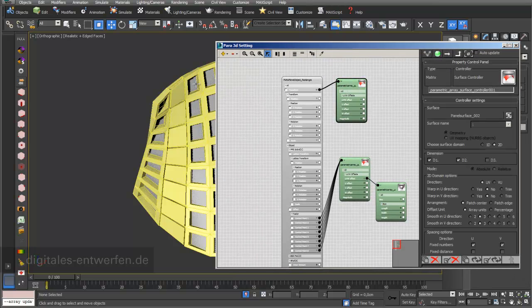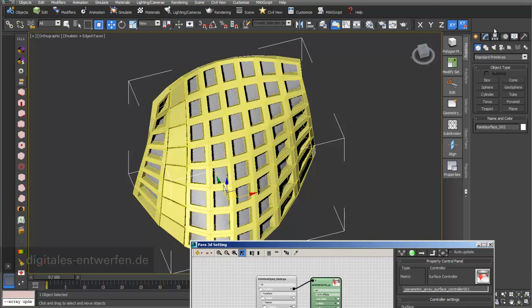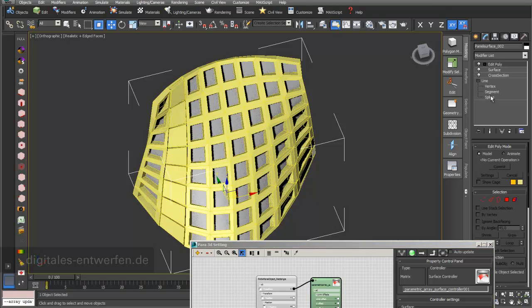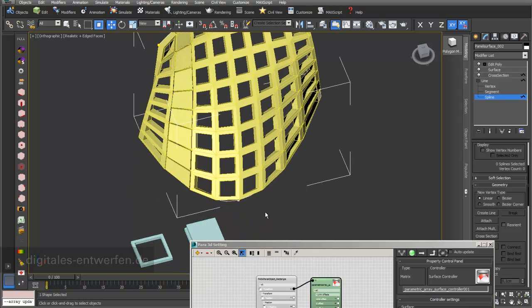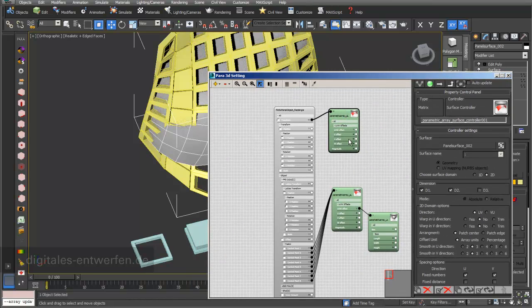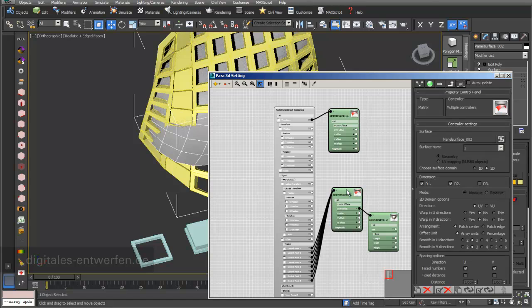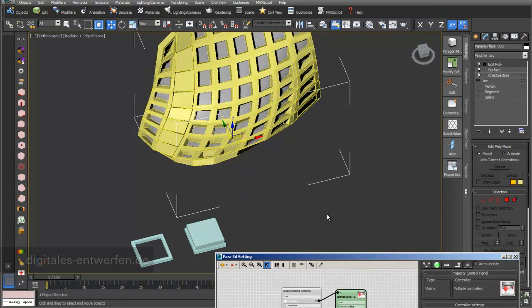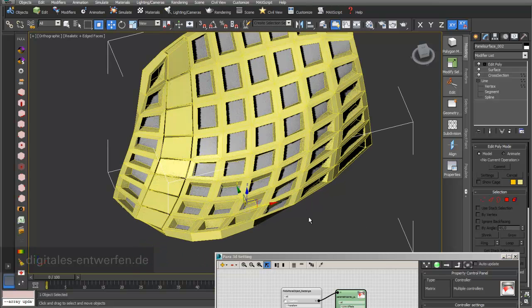And also interesting, if I just choose my surface again, and for example, I go into my line and change a little bit my splines. Oops, this is something I didn't want to do. I just do it on my vertex level. I just change this a little bit, like this, so my whole thing is distorted. And if I now go again, select both transform and FFD surface modifier, and I select my surface again, and I go into update, then we just see that the whole thing is following, and these things are just integrated in my